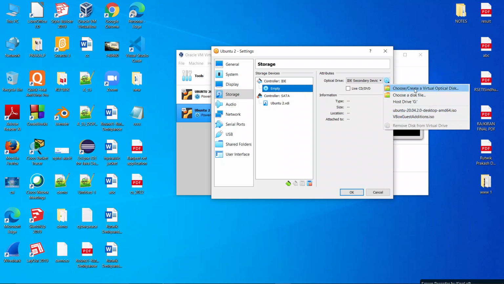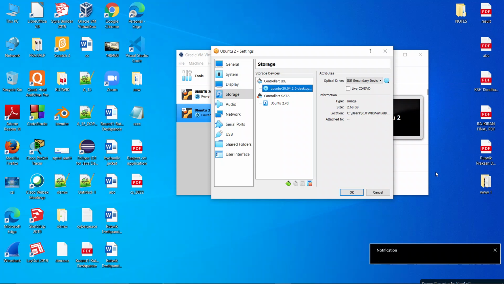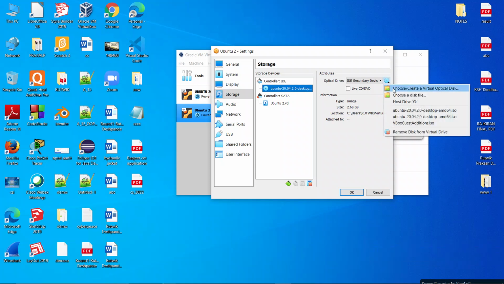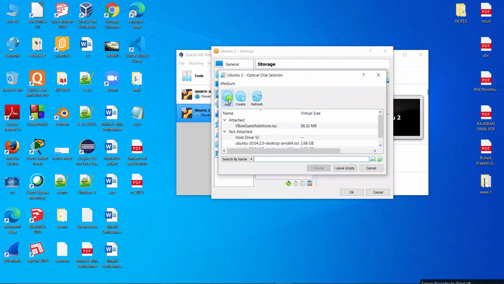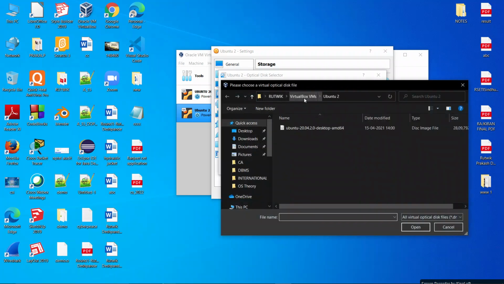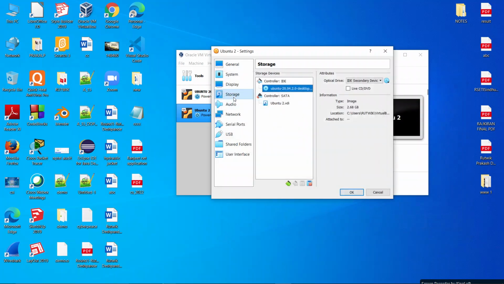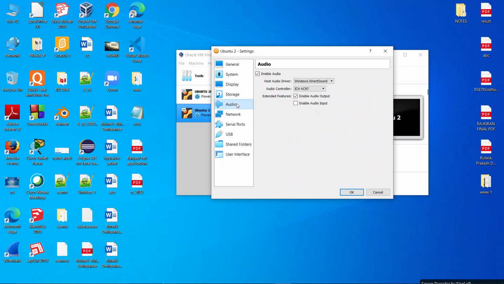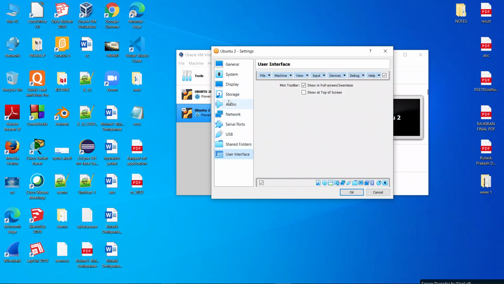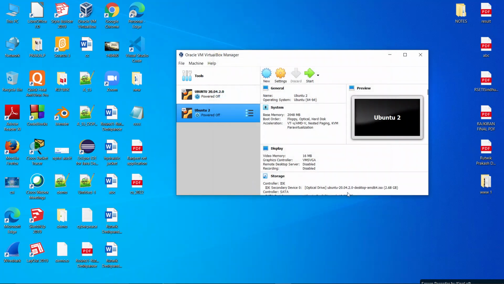Here you can choose it by traveling to the folder where it is. I will be going to that folder too. Here you can see, by clicking the CD tab, I will be moving to my folder and selecting the Rutvik, VirtualBox VMware and Ubuntu. I will be selecting that ISO file and just click on open, just click on choose and it has been done. Then audio, network and serial ports, let the settings be default. Do not change anything here. And after all the settings, just click on OK. Now you are ready to open Ubuntu system.